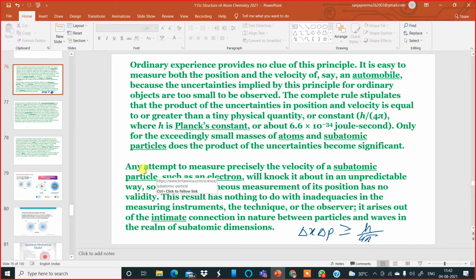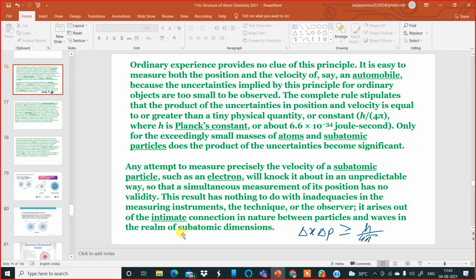Now, any attempt to measure precisely the velocity of a subatomic particle such as an electron will knock it about in an unpredictable way, so that a simultaneous measurement of its position has no validity. So if you get the velocity, then you are going to lose the position. I have been telling this again and again. If you get the position, then you will not be able to know the velocity of the electron or the subatomic particle. This result has nothing to do with inadequacies in the measuring instruments,